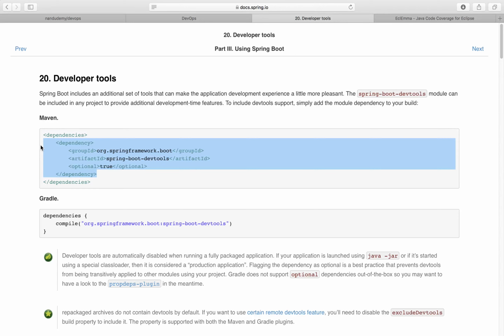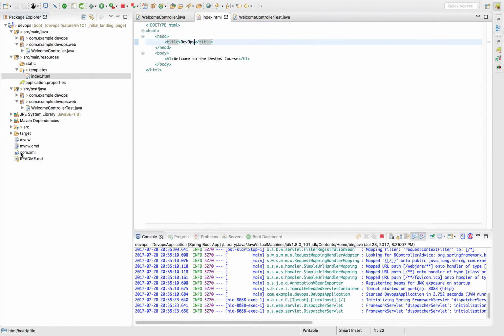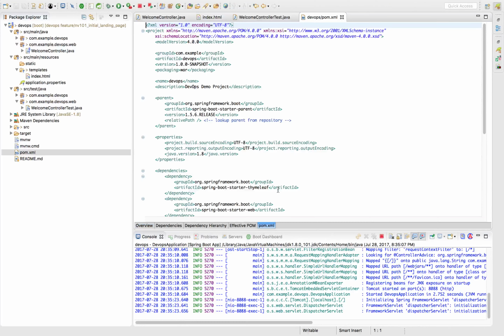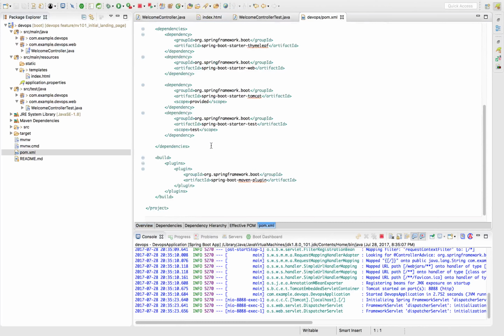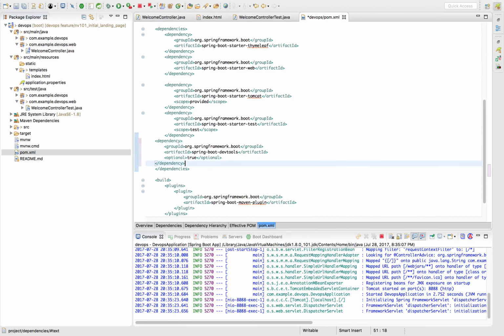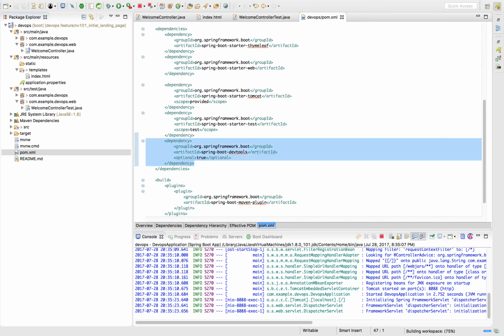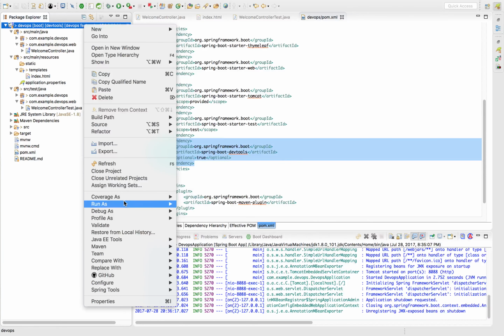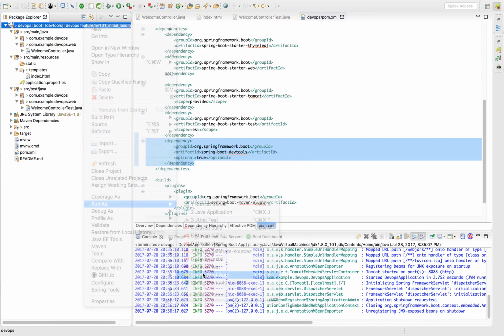You can copy that dependency. Go ahead and stick this in your POM XML. And that should take care of downloading the dependency. I'm going to stop the server, and I'm going to restart the server here,